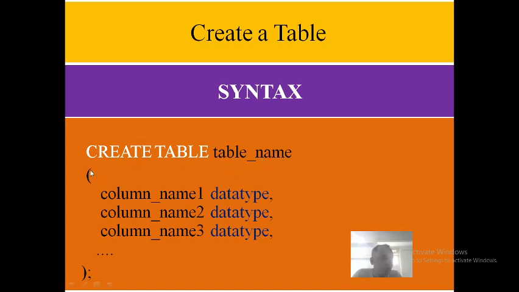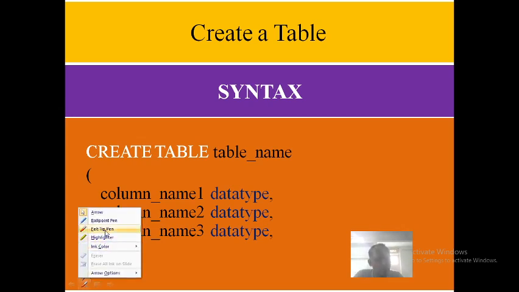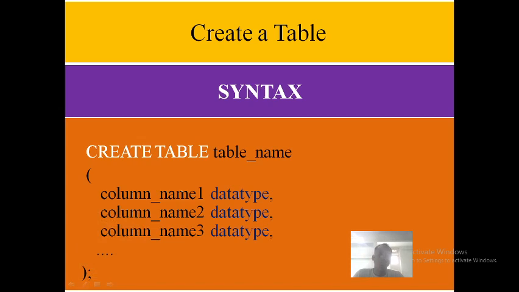And here you need to open the brace and close the brace at the last. And after closing, there should be a semicolon. There should be a semicolon. Now, for example, the student table has different attributes, column headings. Okay, if I want to create the table called student, assume that this is the table.